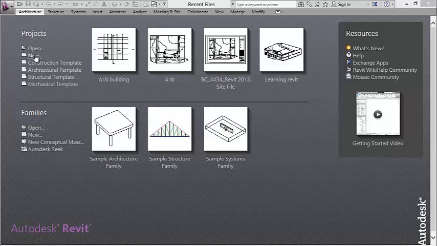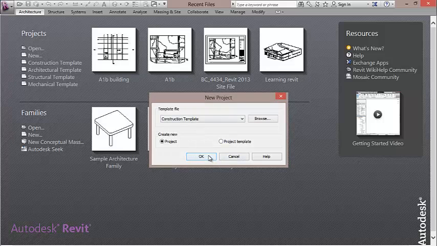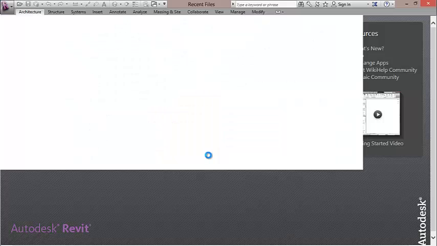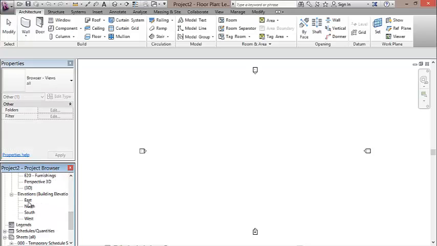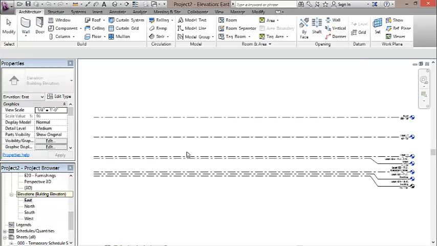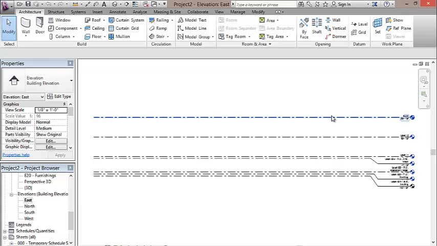To get started, we'll first create a new project, use the construction template, and click OK. What we're going to do first is add a level. So come over here to the project browser, down to your elevations, pick any of them. You'll see that there are levels on the screen already. We're going to duplicate them, and you're going to come up here to the datum section, click level,